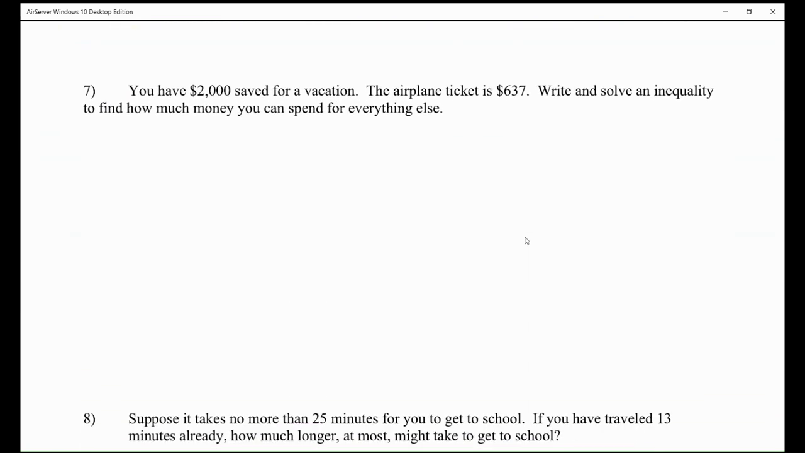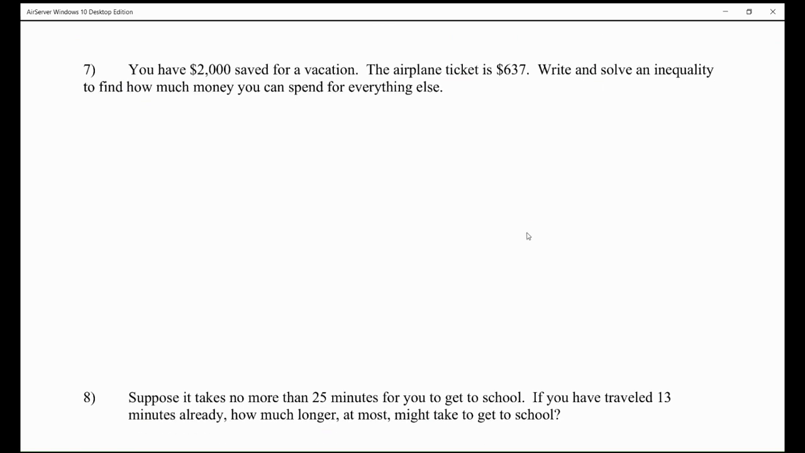So now with these two word problems, we're going to write an inequality that models the situation, and then we'll solve. So for 7, you have $2,000 saved for a vacation. The airplane ticket is $637. Write and solve an inequality to find how much money you can spend for everything else. So first, let's think about that. We have two things we're talking about. We're having what you spend